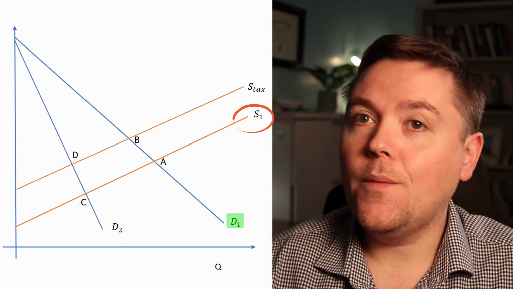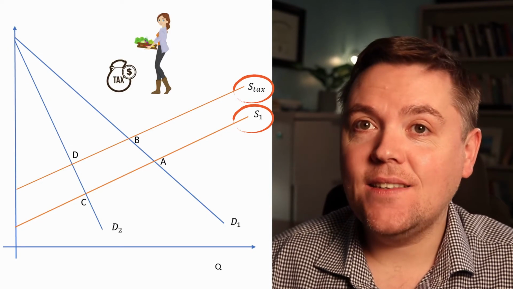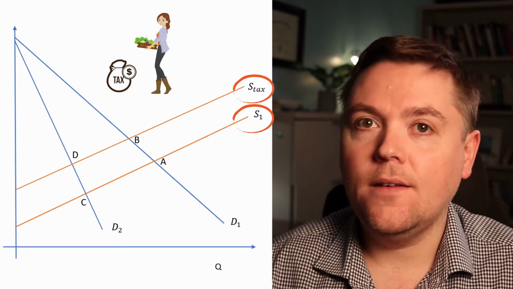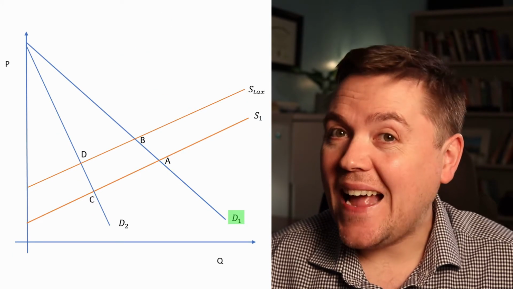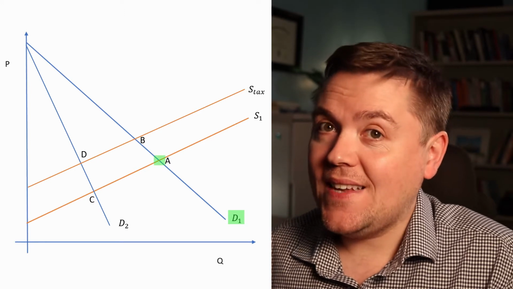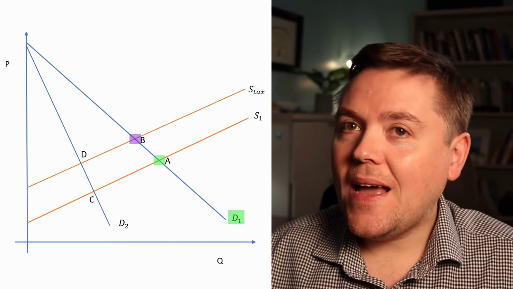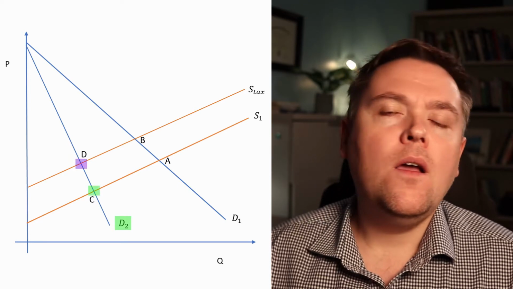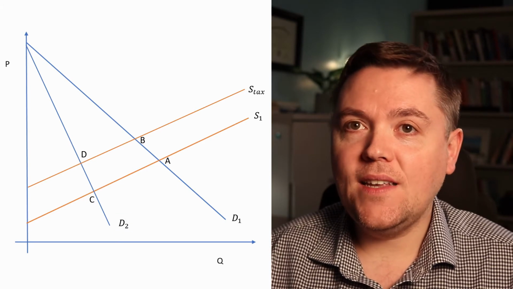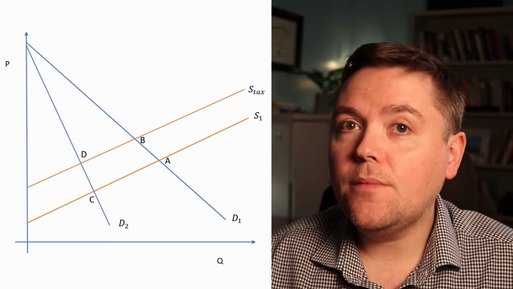and a supply curve where we've added a tax. Yes, in this case, the tax is imposed on the seller. If demand is D1, then the equilibrium without the tax is at the point labeled A, and with the tax is at point B. If demand is D2, the equilibrium without the tax is C, and with the tax is D. Without drawing lines or doing any fancy labeling of the areas, you should be able to just see that